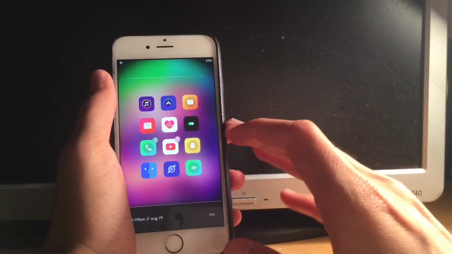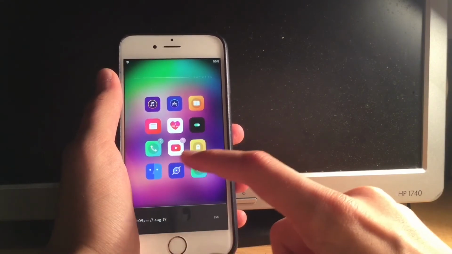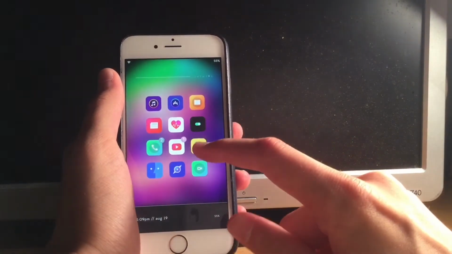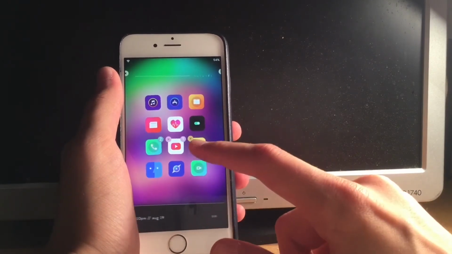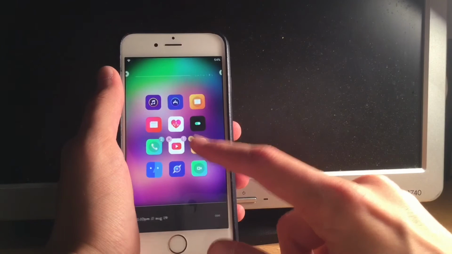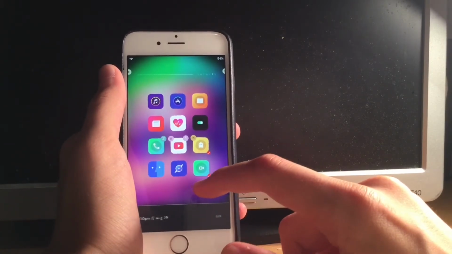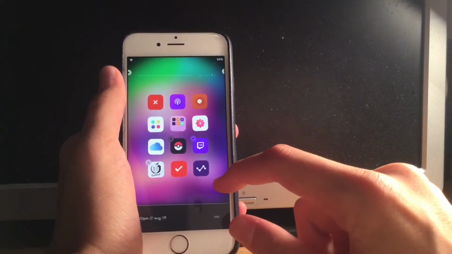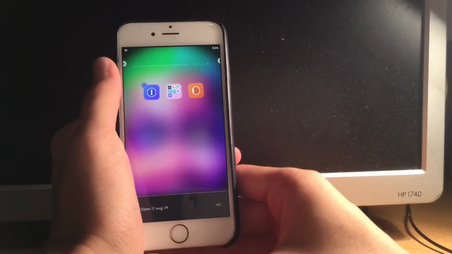Multi-Icon Mover Plus basically lets you, when you enter wiggle mode, select apps by just tapping on them, as you can see. It lets you select applications and move them to any page you want by just tapping the home button.